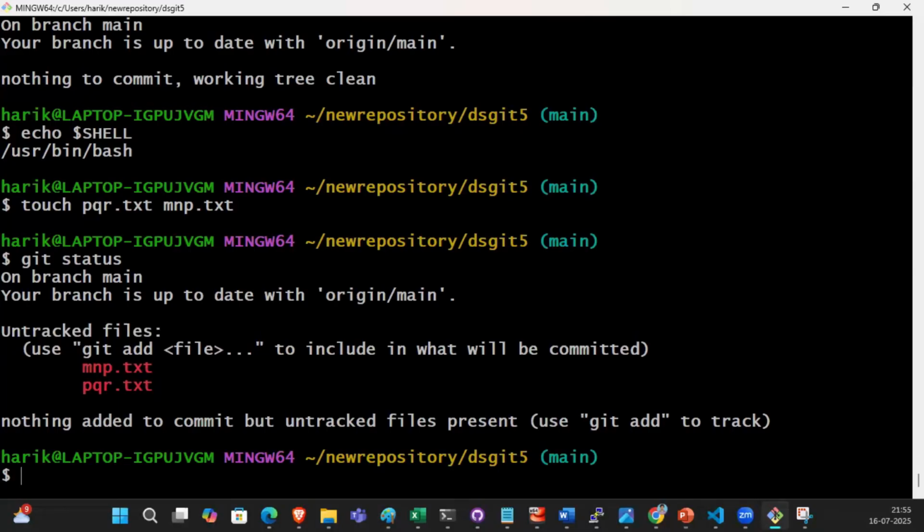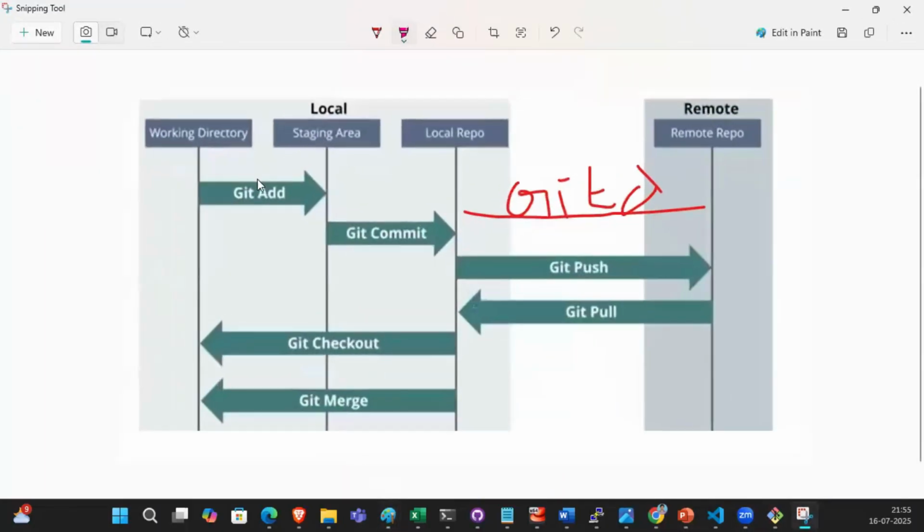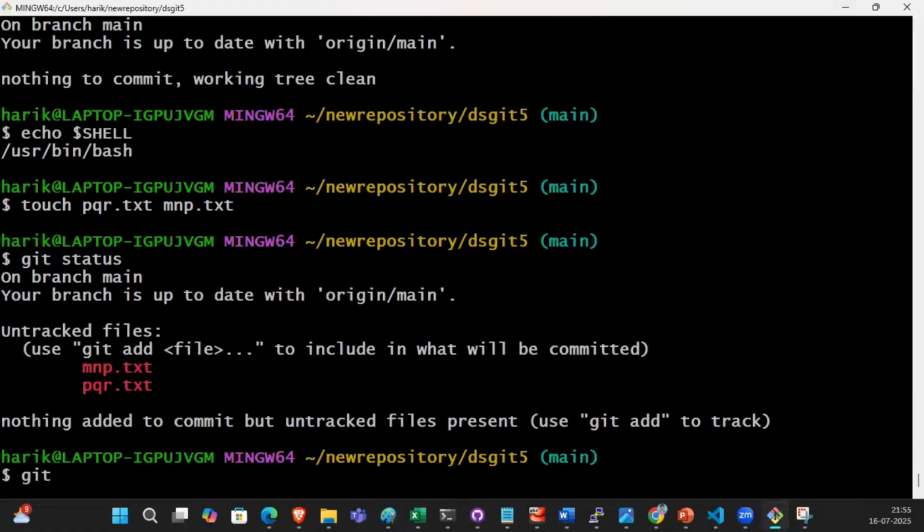You want to send this. That Git local repository wants to know these files. How can we do that? We need to move them from untracked to tracked. Untracked to tracked is nothing but git add, to the staging area. You can use git add. So for example, if you have